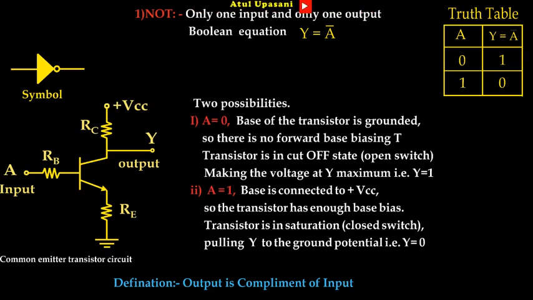Second condition, if it is connected to logic high, that means the base of the transistor will have high voltage. So here the base to emitter voltage will be enough to forward bias the diode between base and emitter. The transistor will be on. If the transistor is on, the path for current from the positive supply towards ground will be on. No current will drop across resistor RC. Hence, the voltage across RC will be 0. So here, if logic 1 is connected, we are getting 0 at the output. In this way, this circuit will behave like a NOT gate. So the NOT gate is used to complement the inputs.